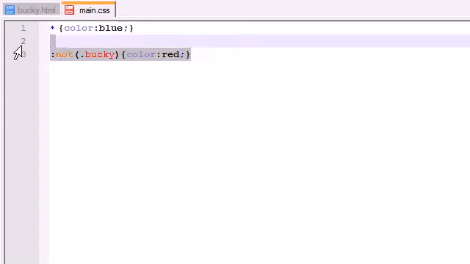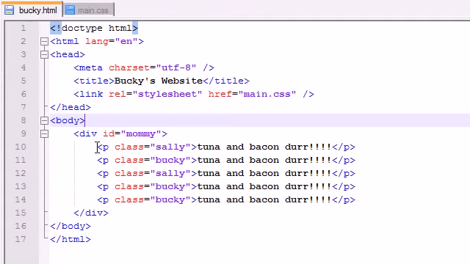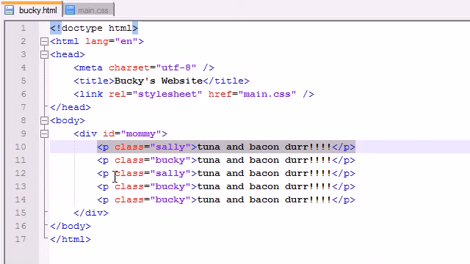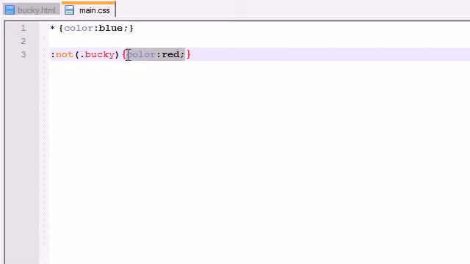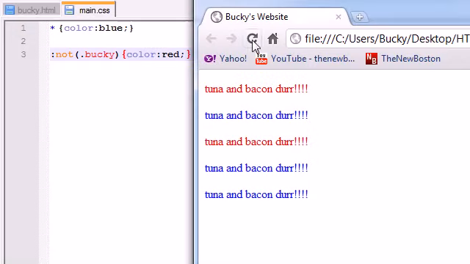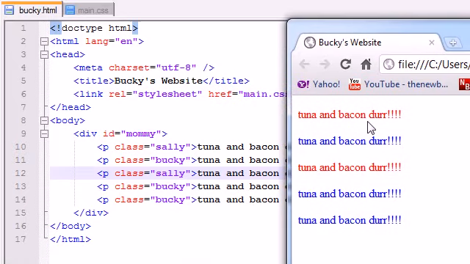I pretty much made a negation class, and what this is saying is, okay, color our entire website blue. We got that done. Now, everything that is not in the class Bucky, color red. So if you look, what's not in the class Bucky? Well, Sally isn't in the class Bucky, and this Sally isn't in the class Bucky. So those things, we say, okay, color red. So let's go ahead and refresh this, and if we do that, we can see that these paragraphs indeed got colored red, because the only thing in this website that wasn't in the class Bucky was this first and third